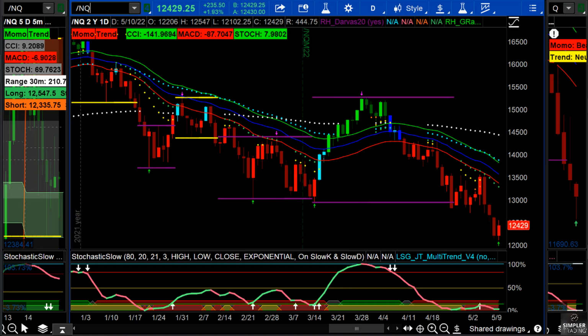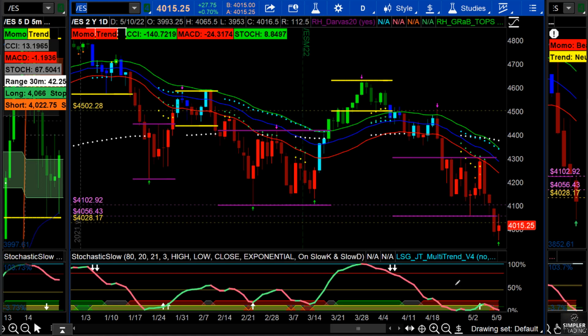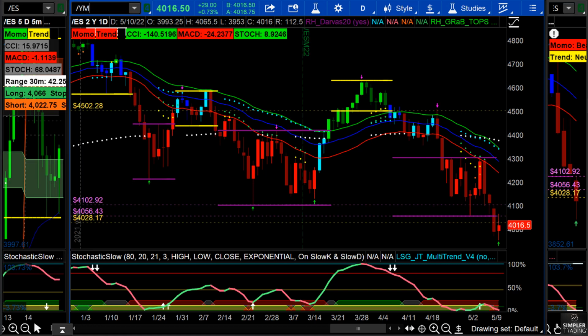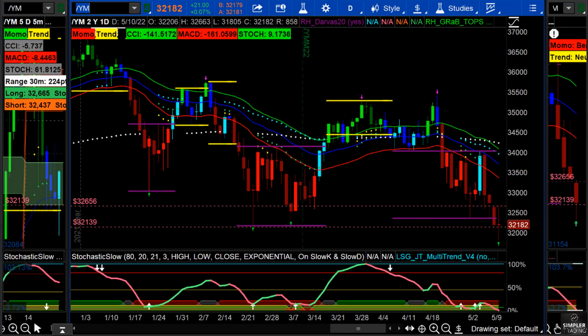And what do I mean by environment? Well, everything starts with structure. The structure of the NASDAQ is red over red. It's double red. The structure of the S&P, even before today, gang, was red over red. It's a little fresher than that of the NAS, but we had red over red days since yesterday. So the only index, if you're thinking what could have an oversold bounce, the only one left really amongst the NAS, S&P, Dow, and Russell is the Dow. The Dow is still a neutral yellow